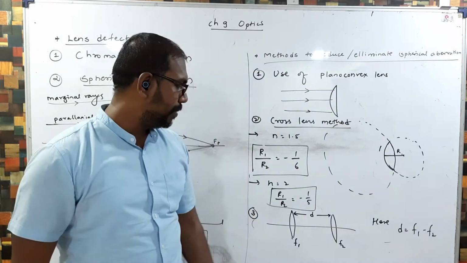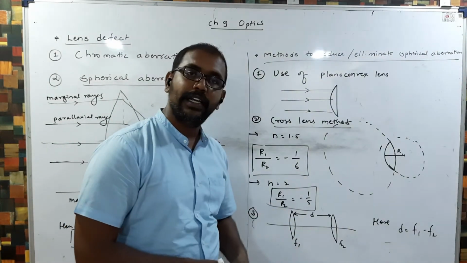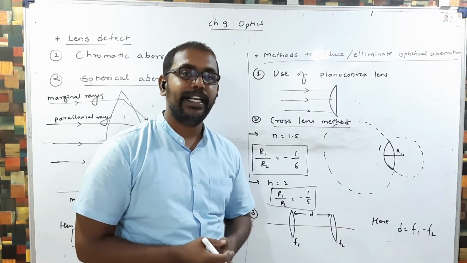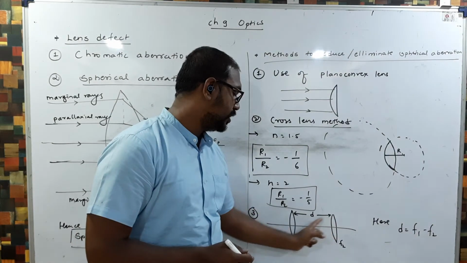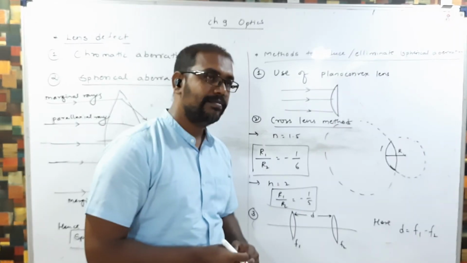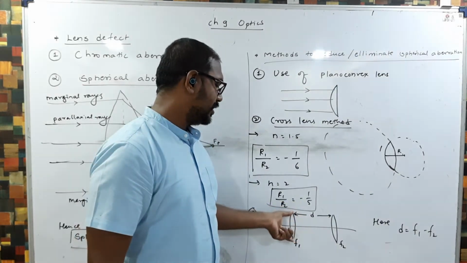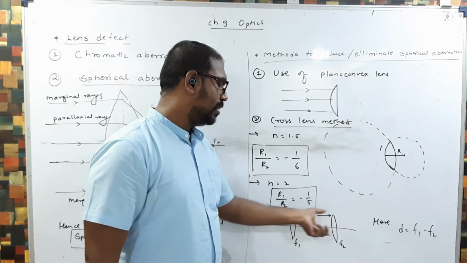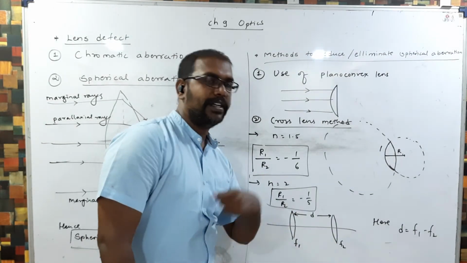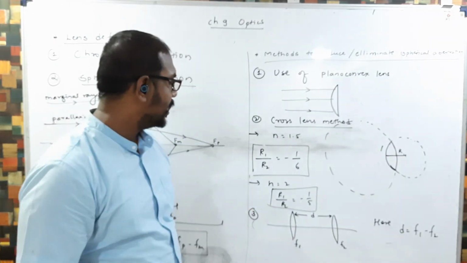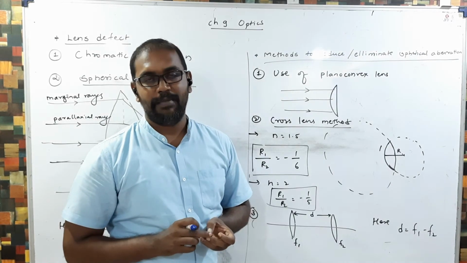इसका सिंपल एग्जांपल है, अगर पहला जो लेंस है उसकी फोकल लेंथ 16 सेंटीमीटर है, दूसरे की 10 सेंटीमीटर है, तो दोनों को ऐसे रखना है कि दोनों के बीच में डिस्टेंस 16 माइनस 10 इज 6 सेंटीमीटर होना चाहिए, मींस डिफरेंस इन द फोकल लेंथ. तो इस तरीके से हम minimize the spherical aberration कर सकते हैं.